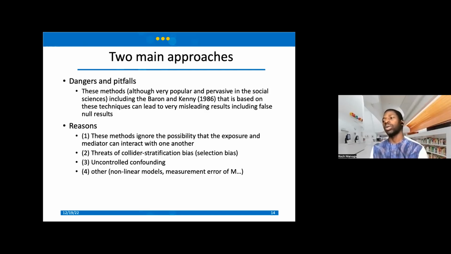The second point is that we can have a form of selection bias, what we call collider stratification bias. This is what I mentioned before when, for example, we control on M, putting M in the regression model. That can lead to a bias that is very similar to a selection bias. And then obviously, as in all models, we have the notion of uncontrolled confounding, meaning that you may have other confounders that you did not think about or adjust for in your model, and this could lead to, again, a confounded response.